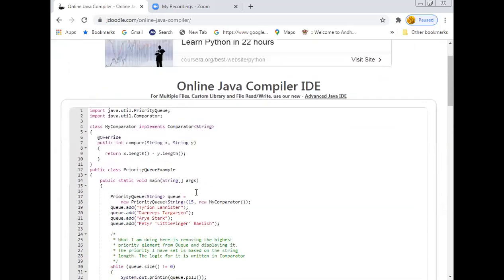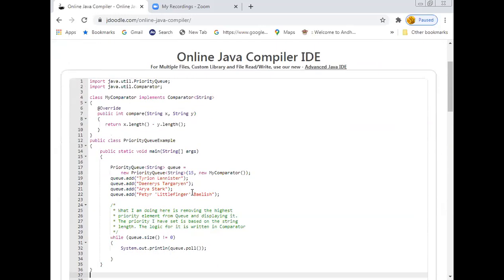So this is the priority queue implementation. As I told you, every element should be comparable with other elements present in the queue. So here I have considered the size, the length. The length is a parameter to distinguish between one element and the other. That means the element which has the smallest length will be placed first, and next the next highest one. In such a way, I will try to store the elements into the queue.